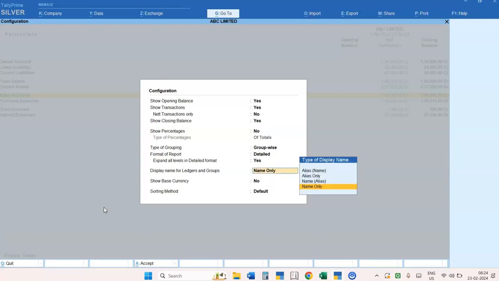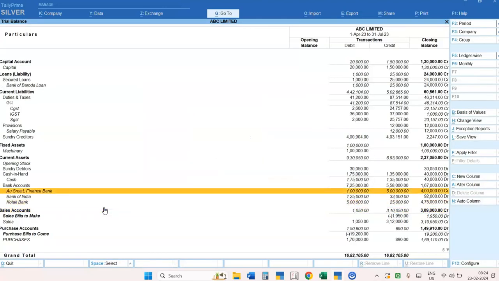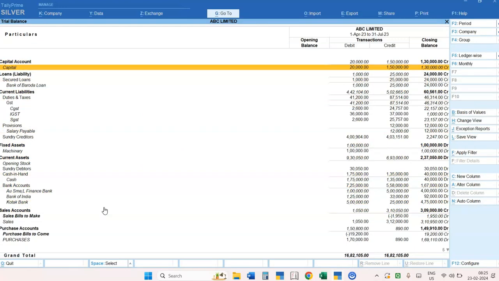Press yes here and press Ctrl+A. You will find all the detail levels of the trial balance, that is the group, and under the group the particular ledgers in detail, as well as all the amounts for debit, credit, closing balance and opening balance.